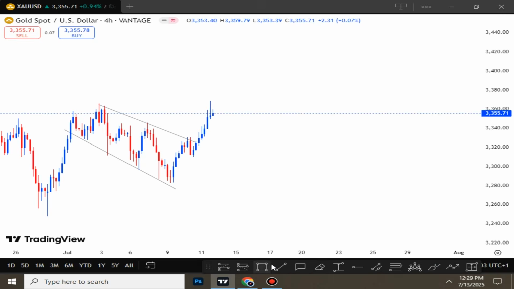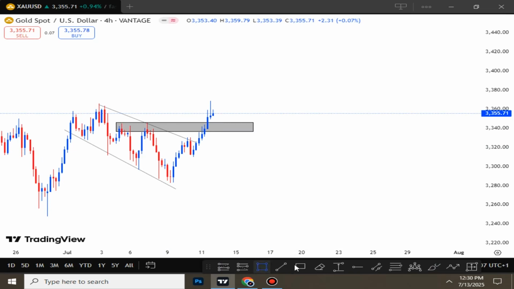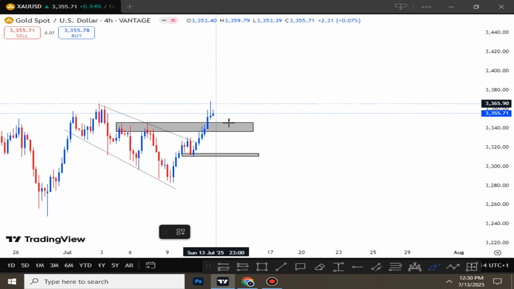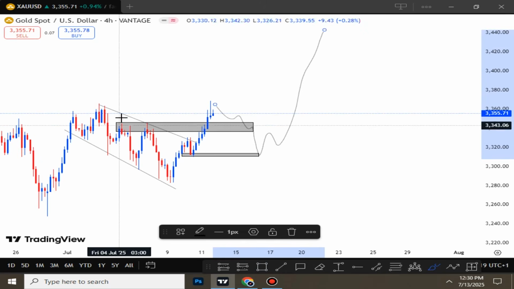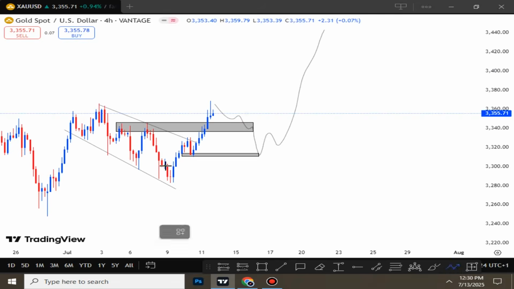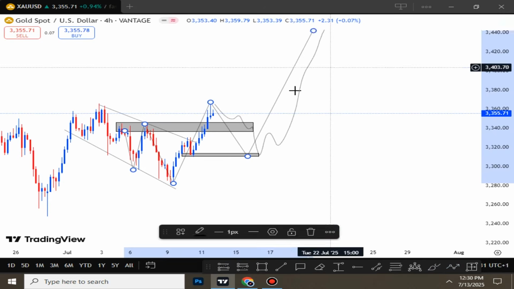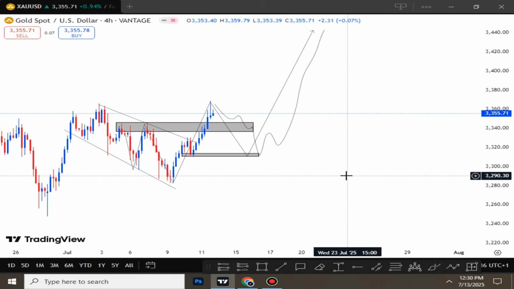Okay, let's identify there's also this high that it broke. Of course, the anticipation is, let's just highlight this right here, but then gold is crazy. What if gold comes back, then retraces, then pushes all the way up? This might also be another possible quarter model pattern. Let me just draw it nicely. If it does that, that is because these are just anticipation. If it does, this might be a quarter model type of pattern,